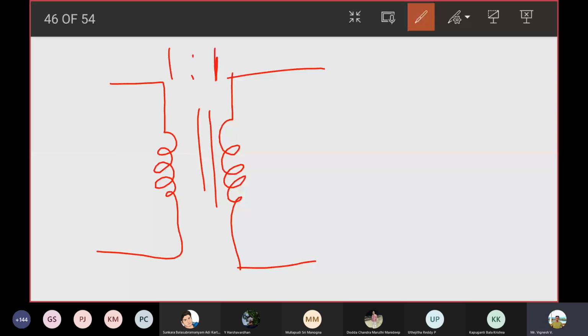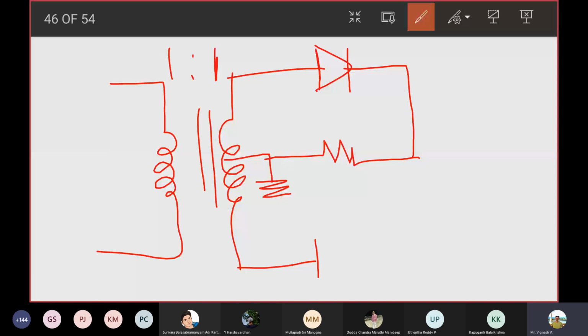For a center tapping case, the reason why you're using a transformer is because you want to tap the center. What I mean by tapping the center, I want to ground the center, and I have to ensure that in both the half cycles, the current should flow. So that is the reason you do this. If you're using Vm as the input and the turns ratio is 1:1, then unfortunately at the secondary coil you will have only Vm/2 available.